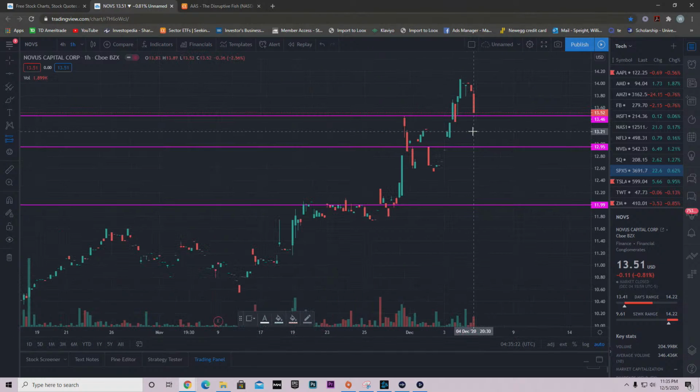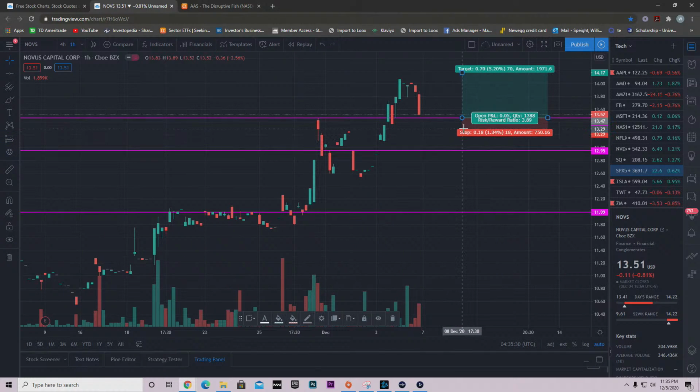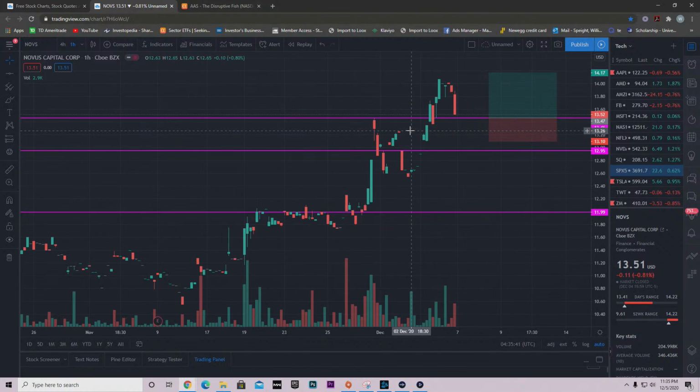Now, like I said, with the same scenario, it all depends on your position size. If you're in it pretty heavy, then I'd have a tighter stop loss, so I'd tag out right here. But if you're in it pretty light, then go ahead and have a wider stop loss. You can afford that loss, so I'd consider something right here, honestly, because we might as well have this